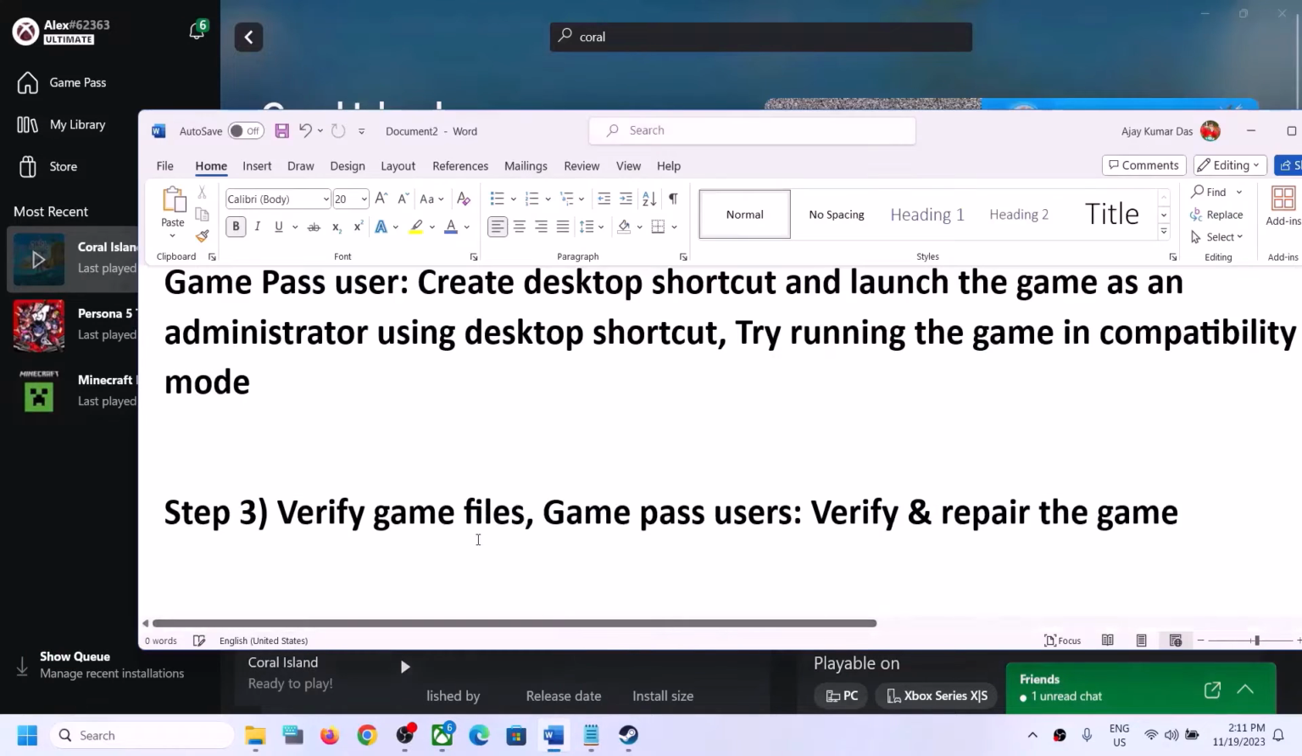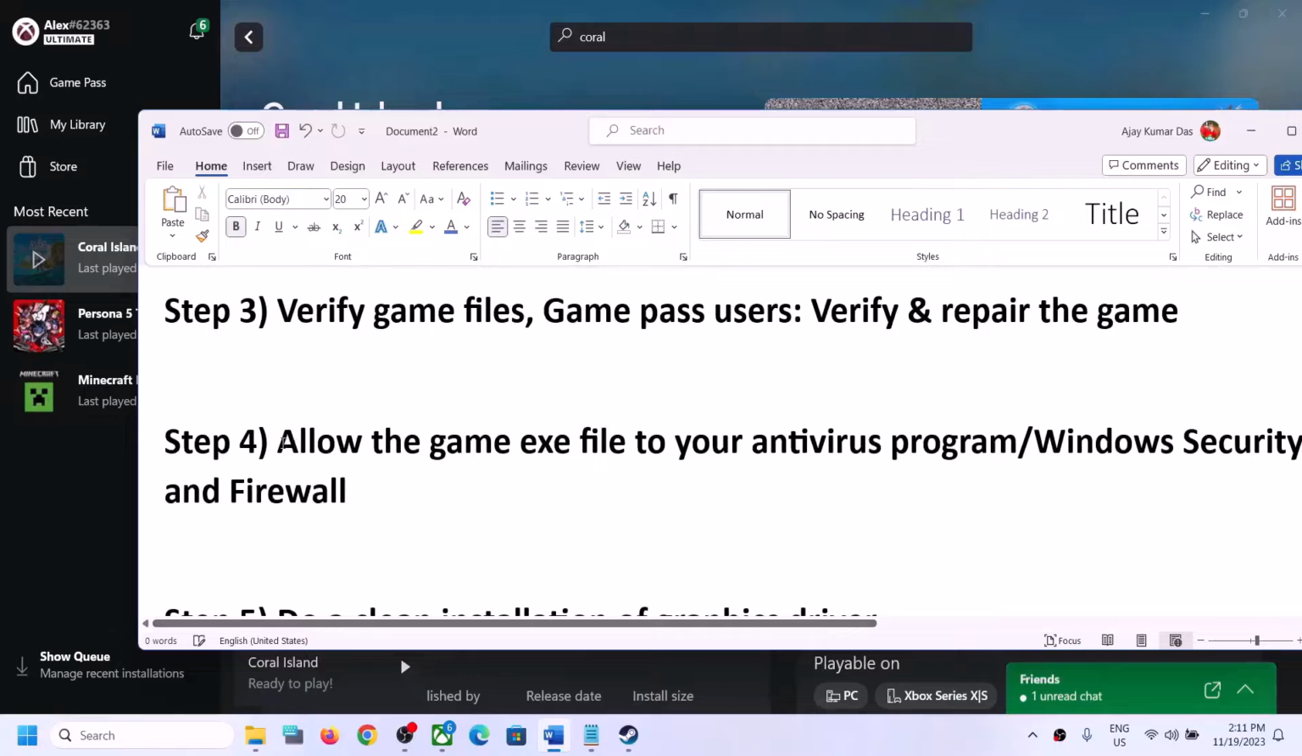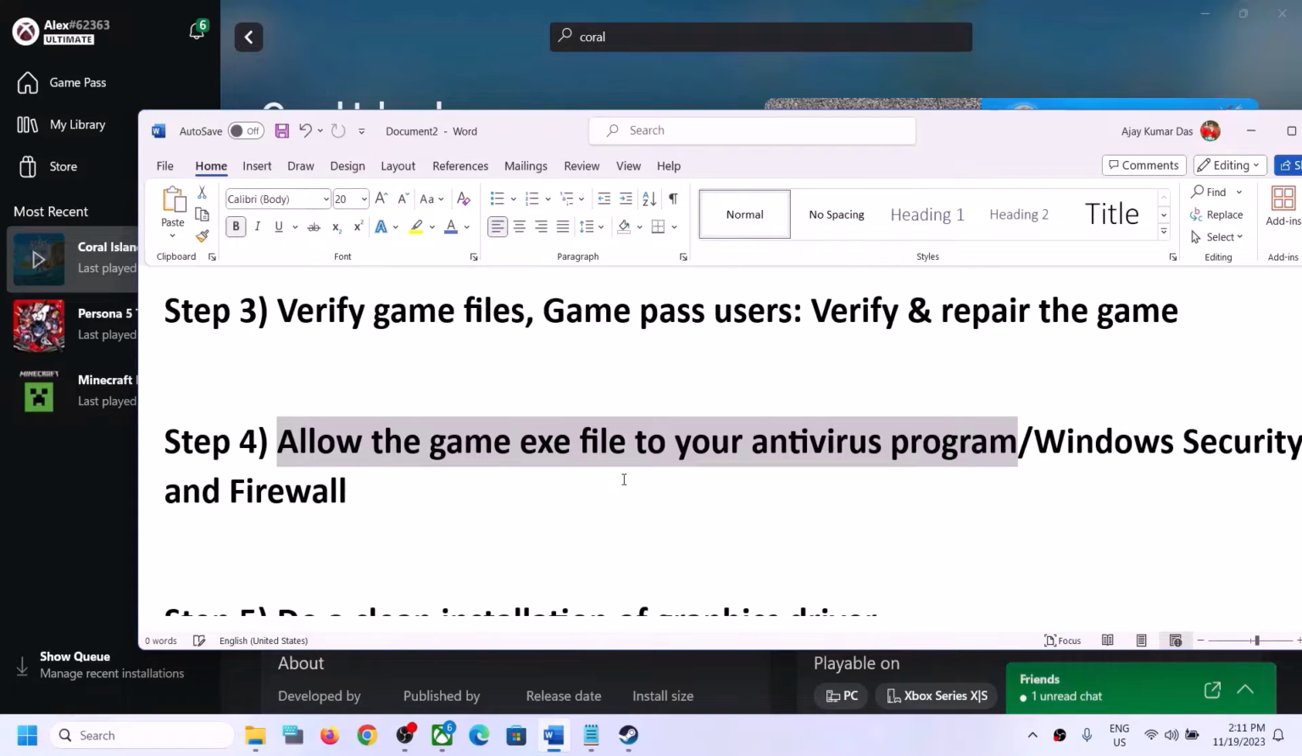Now the next step is to allow the game exe file to your antivirus program. Now this is for Steam users, so if you have any third-party antivirus like Avast, Norton, Bitdefender, McAfee, whichever antivirus program you have, just make sure that you allow the game exe file to your antivirus program. Now if you're using Windows security, then open Windows settings